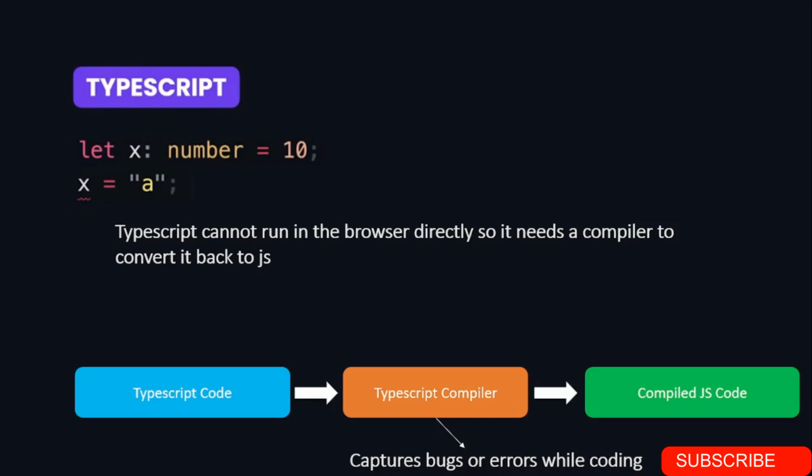For instance, in TypeScript, you would say x is a number, and you say x is equal to 10. If you try to say x is equal to a, they will be surprised. Right away, you can see x has a squiggly line below it saying, what the heck are you trying to do? You said x is a number and you're trying to put a string in it, and we cannot allow you to do that. And that's the discipline we are talking about. It is going to keep telling you and not allowing you to mess up all the time.